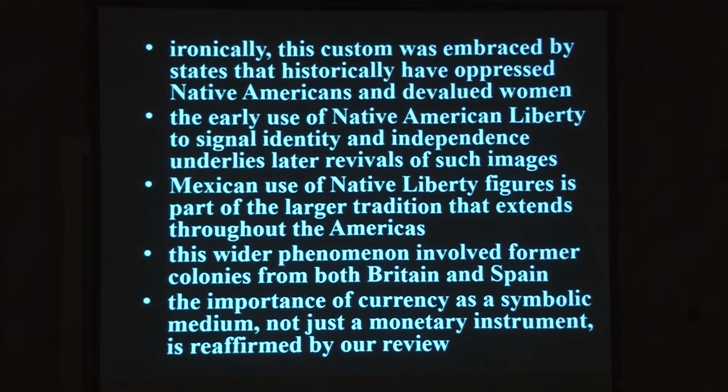That's pretty remarkable, all right? This is not just one colonial sphere that's doing this. The Mexican use of native liberty figures is part of the larger tradition that extends throughout the Americas. So the analysis that I did last fall turns out to be part of a much, much bigger thing. And once again, the importance of currency as a symbolic medium, not just as a monetary instrument, is reaffirmed by